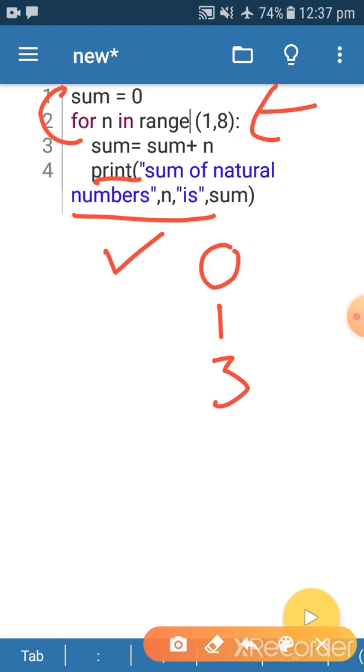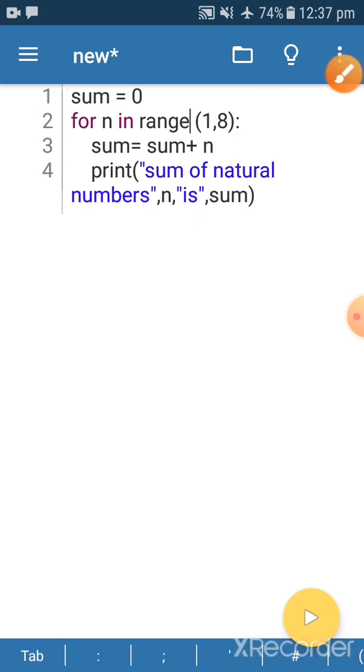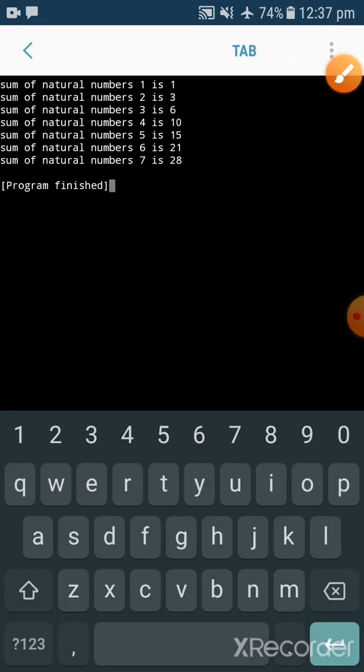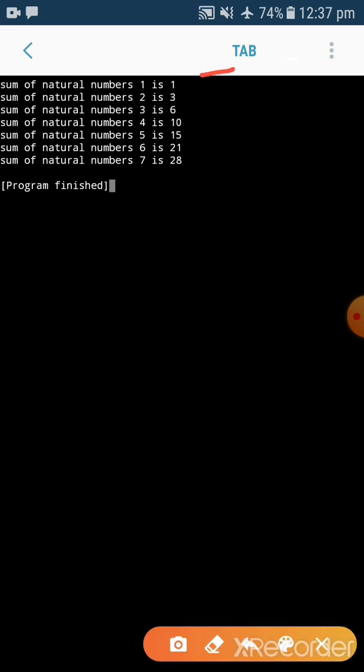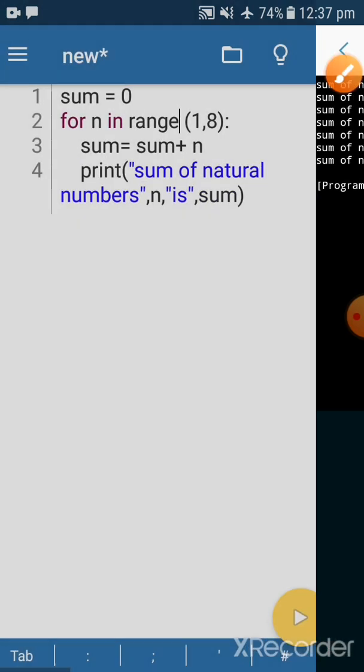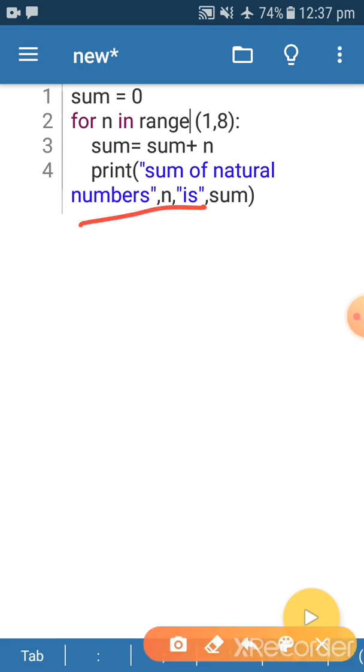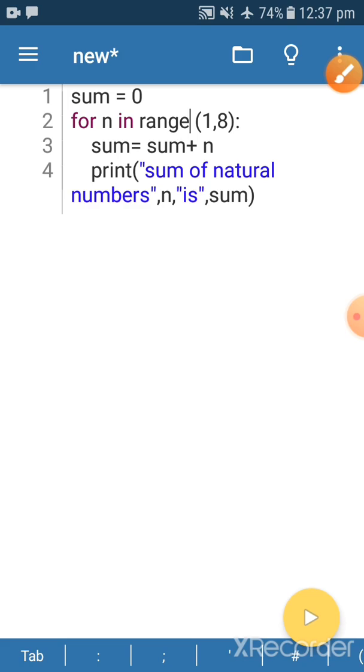So every position of sum is going to be shown in front of you. See, sum is 1 this time, then 3, then 6. Each and every step is going to be shown just because we have written this print function inside the for. See this indentation.